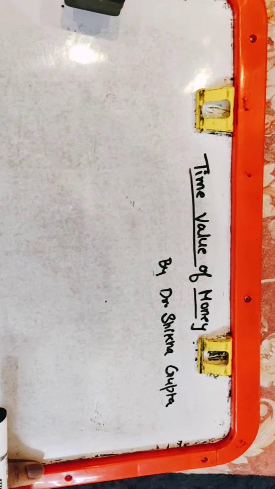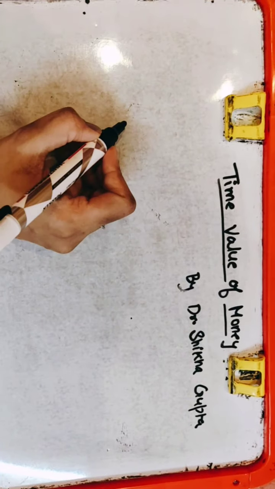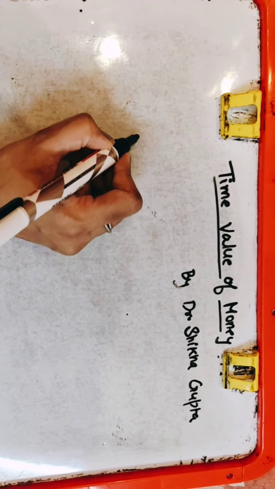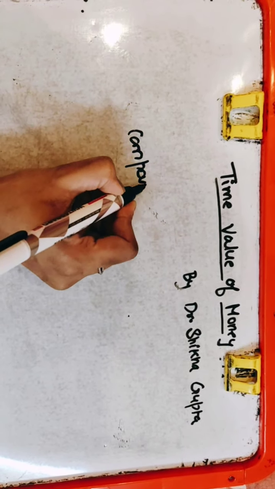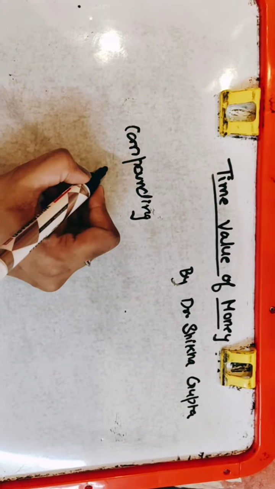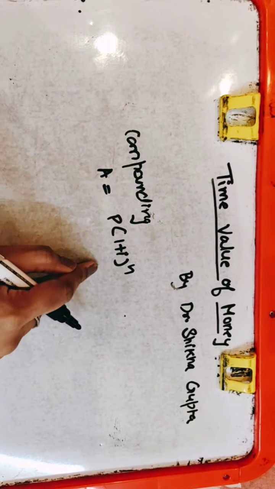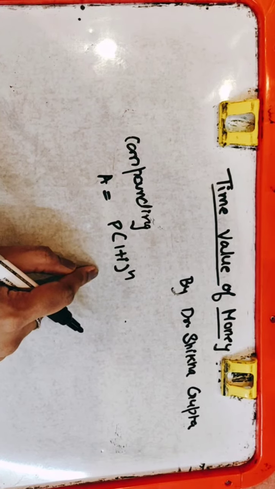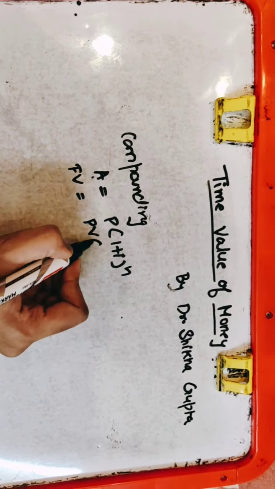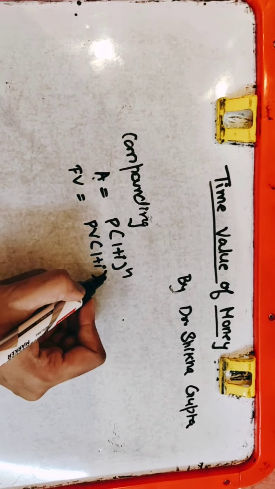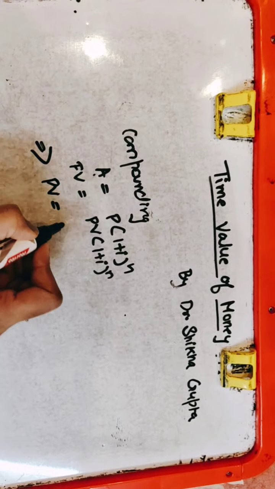If I have to find out the true value of my future inflows, let us understand how to do discounting. Let's move on to the basic part in which we will understand how to derive the formula. It will make it easier to understand. For example, we have been given the formula of compounding as amount is equal to principal, 1 plus i raised to the power n. We all have done this formula of compounding in our previous classes, right? So let us assume this amount is my future value, P is my present value, and 1 plus i is the rate of interest, and n is the number of years for which we are investing. So I can write this formula like this.